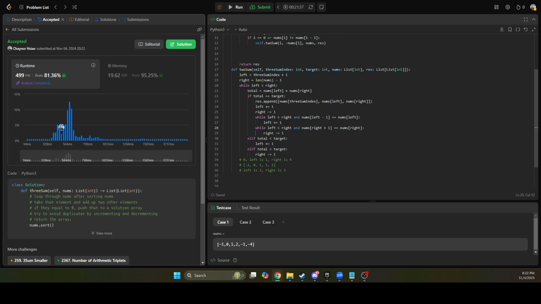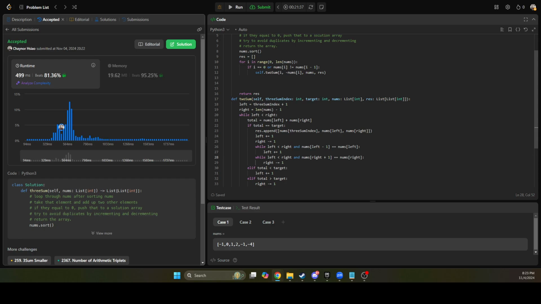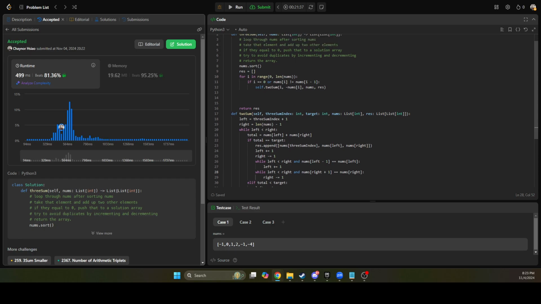I would say this should be n squared time, because for every n you're potentially looping through the rest of the elements n times, so you should have n squared time complexity. And as far as space complexity,